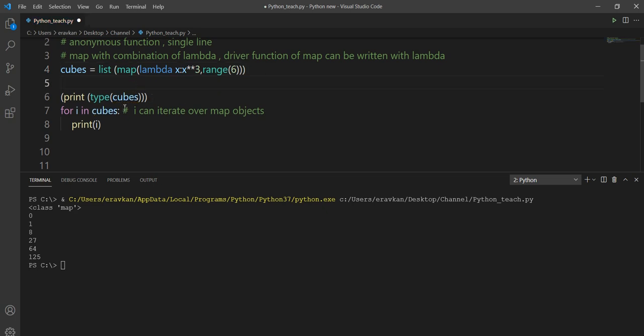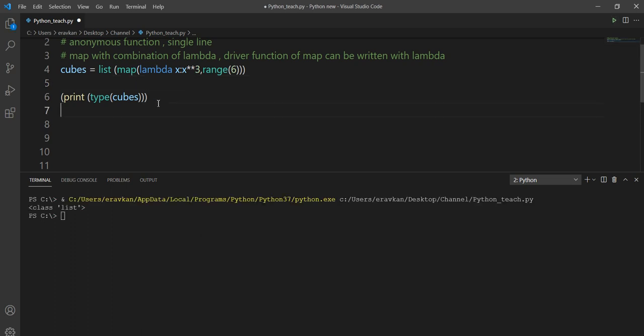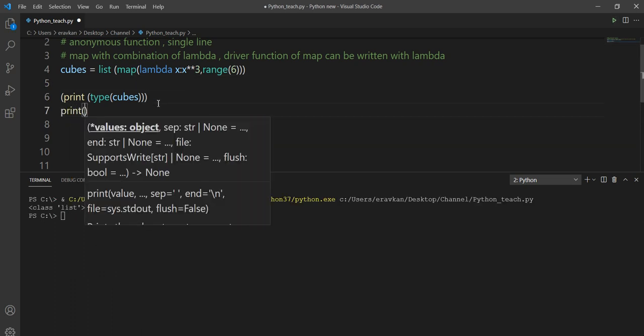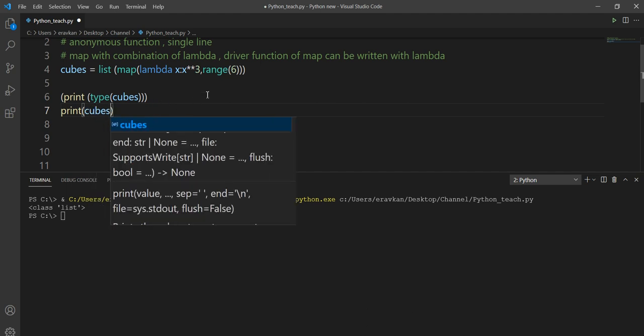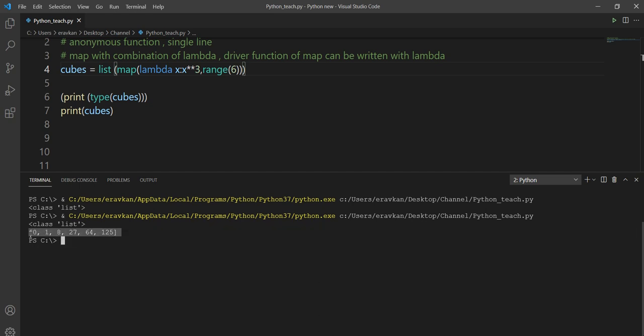So if I print the type of cubes here, then it will give me list because I have converted my cubes into a list, and if I print my list here, I will get all the elements of my list. So here I get this list.